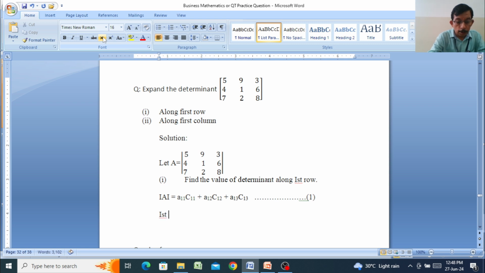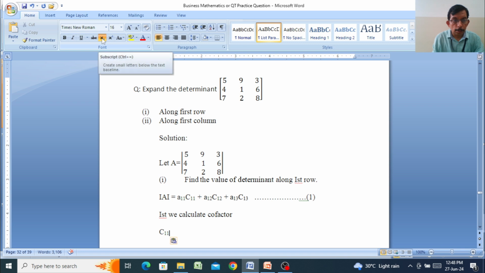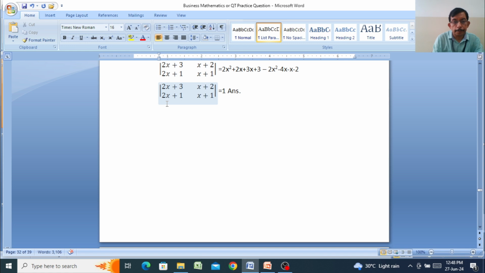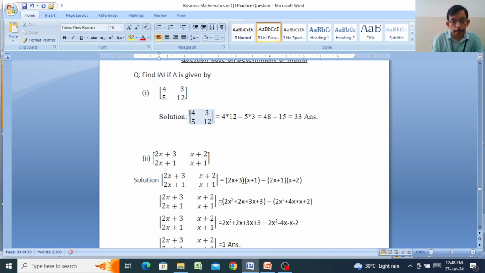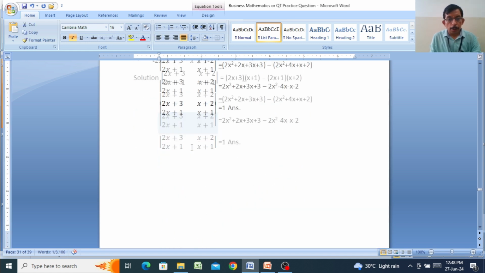First we calculate the cofactor. First cofactor C11 is equal to